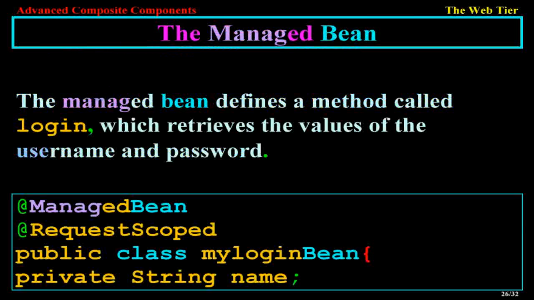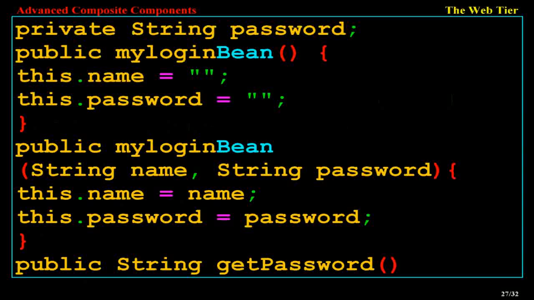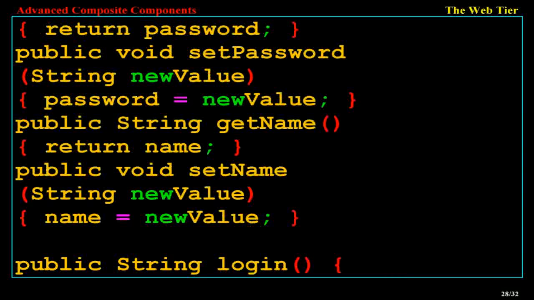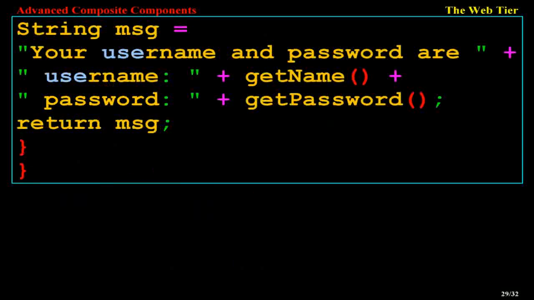Managed bean. @RequestScoped public class MyLoginBean { private String name; private String password; public MyLoginBean() { this.name = null; this.password = null; } public MyLoginBean(String name, String password) { this.name = name; this.password = password; } public String getPassword() { return password; } public void setPassword(String newValue) { password = newValue; } public String getName() { return name; } public void setName(String newValue) { name = newValue; } public String login() { String msg = "Your username and password are " + getName() + getPassword(); return msg; }